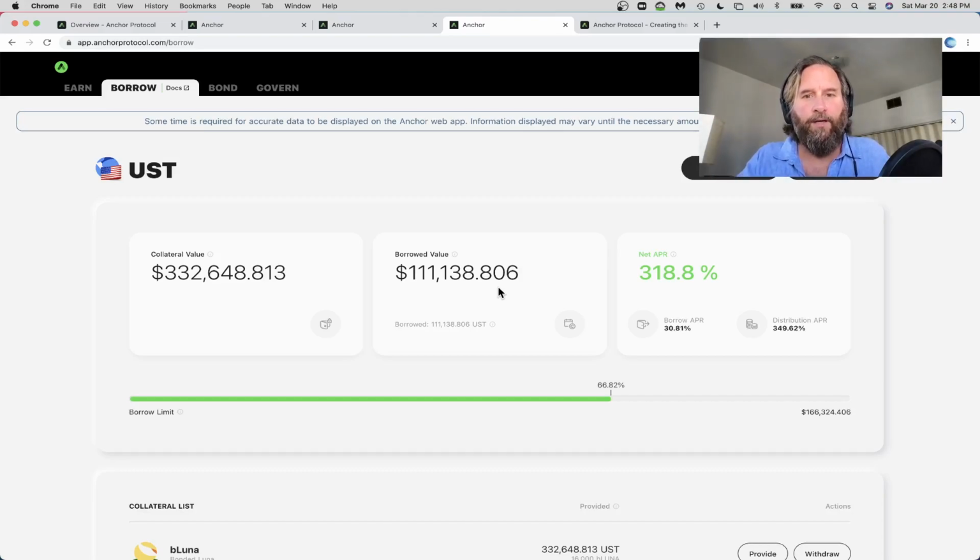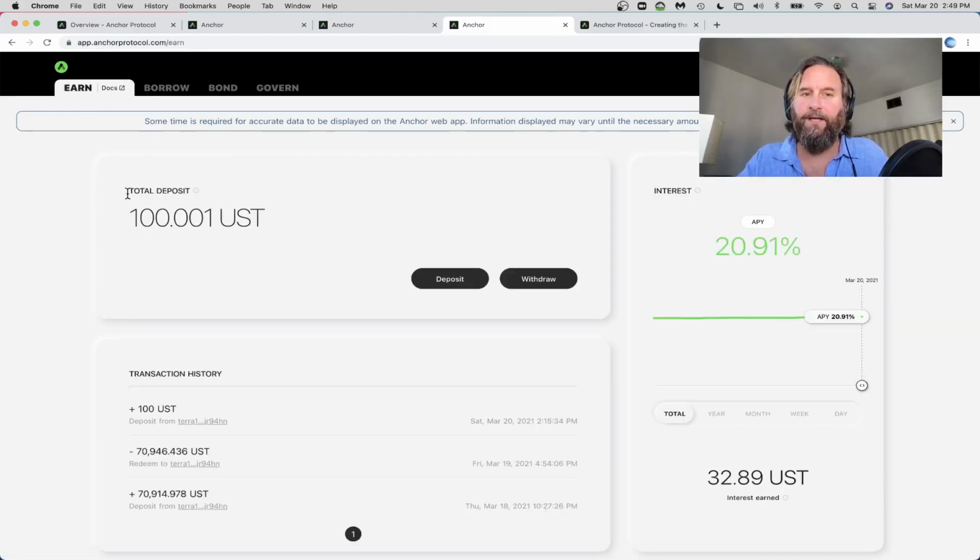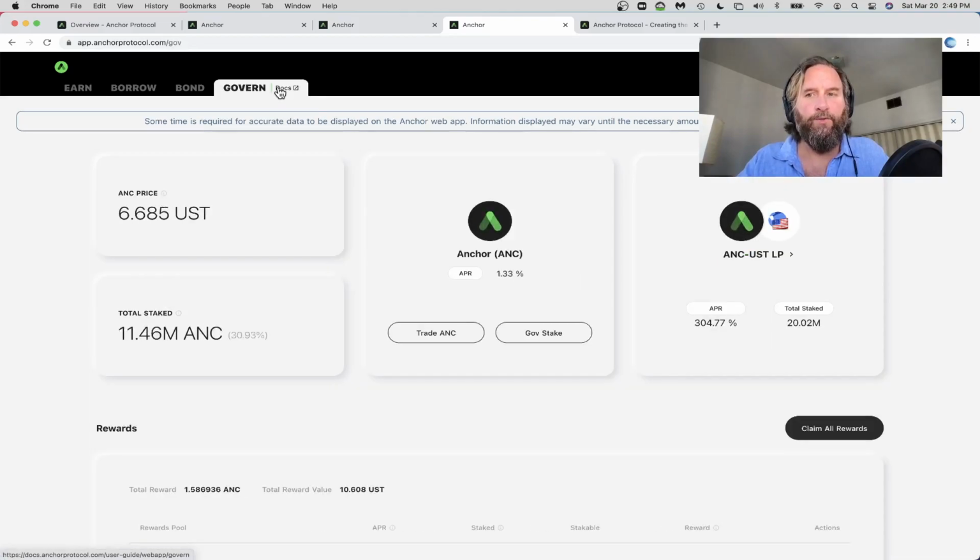But I hope you enjoyed this one. I hope you learned something. I hope you learned how to bond your Luna and how to get a loan, and also I hope that you tell everybody about this, because even mom and dad can understand. You just get the UST, you deposit it, and you get 20%. I mean, this is a no-brainer, and this thing is going to be huge, and you don't have to know how to do DeFi. There are great DeFi elements to Anchor with the borrowing and all of that. By the way, there's governance as well, which